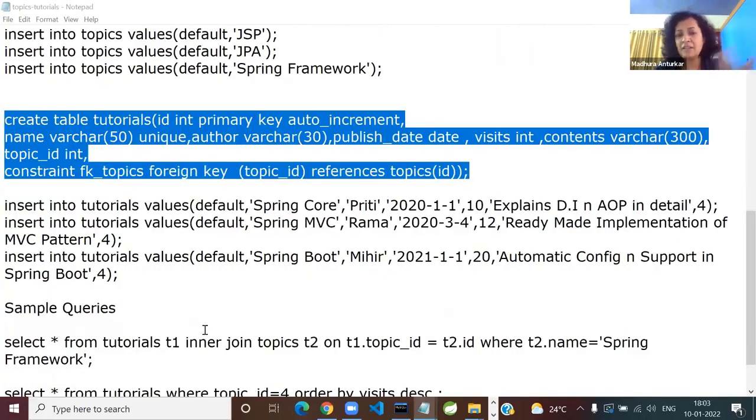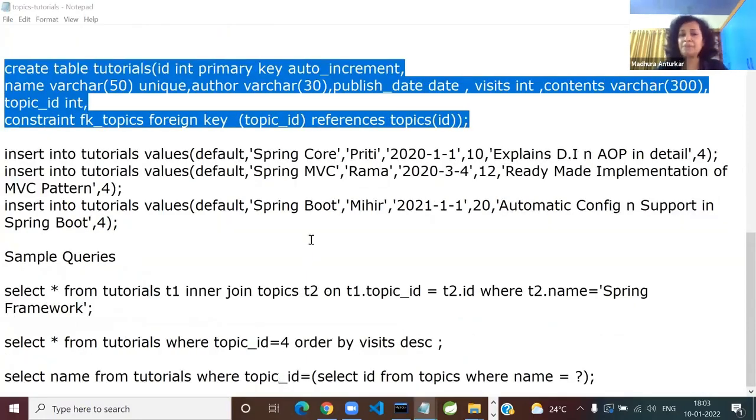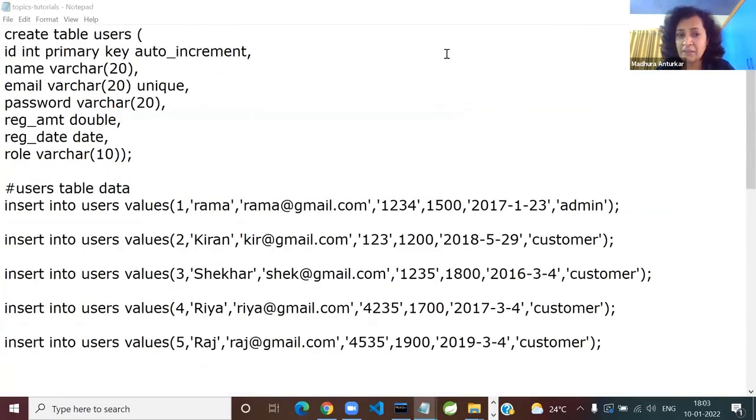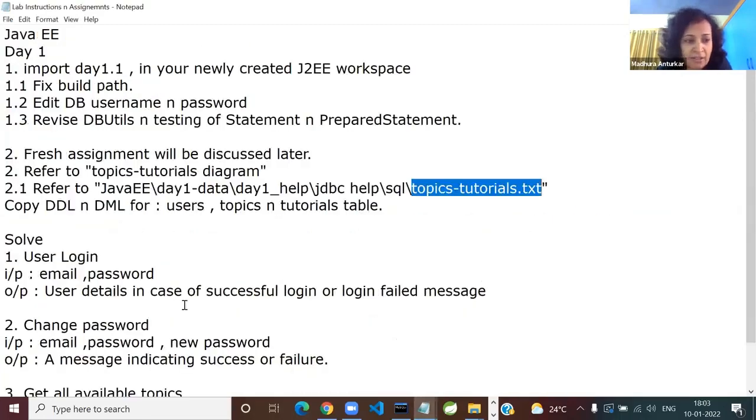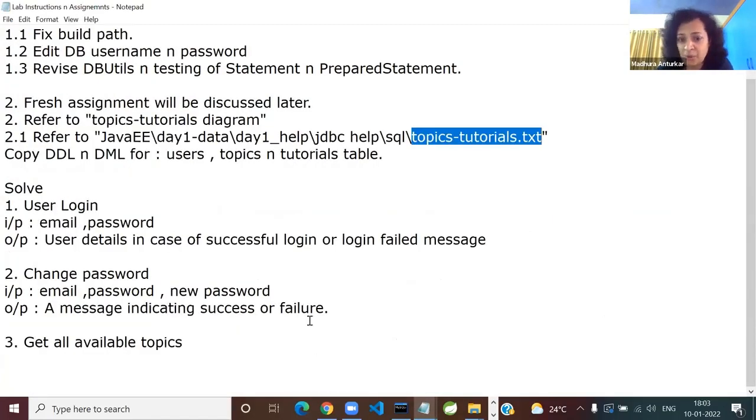And again, some queries and all later. You can use join queries, you can use subquery, whatever. Is everyone clear with the three tables? Users, topics, and tutorials. Okay. So this part, like I'm saying, because this is not a DBT session, I'm giving directly. So for solving today's assignment, all you are going to require is the users table. Just let me see. Otherwise, I'll be saying things wrongly. No. You will require users and topics, both the tables.